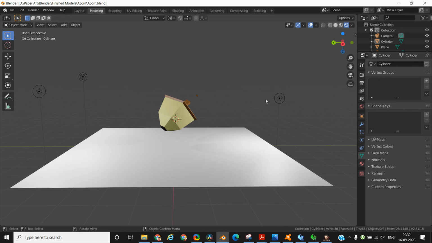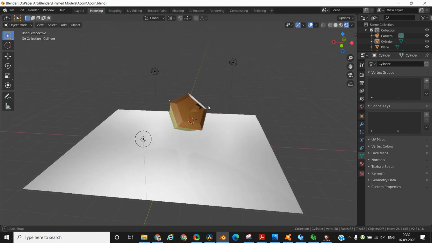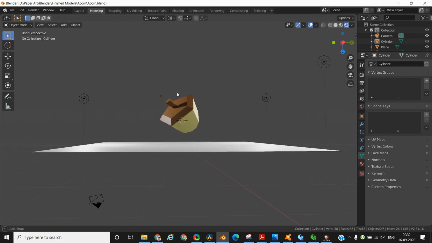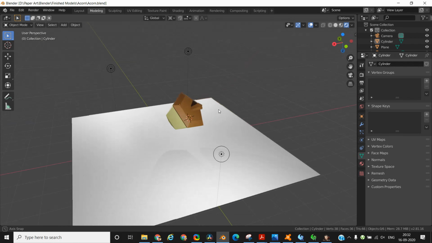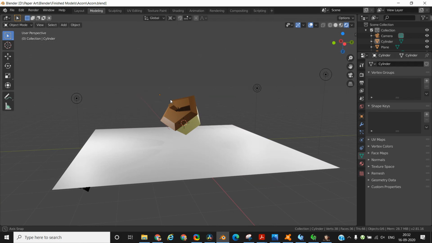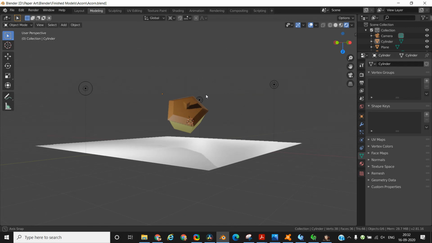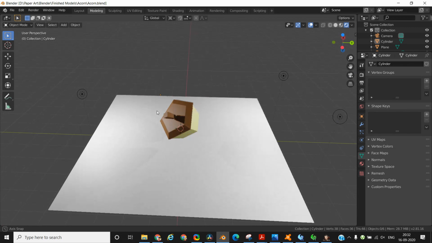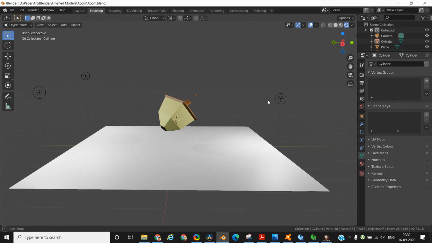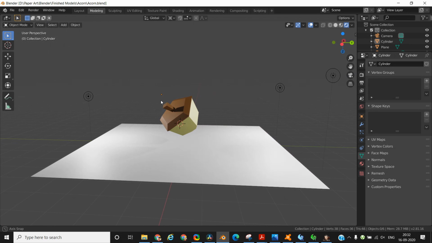In today's video we are going to talk about some basics of Blender, and while doing so I'll be showing you how to make this icon. So I'll be explaining the basic concepts while I step by step make this icon in Blender. So let's start. I promise you that by the end of the video you'll be able to make an icon exactly like you are seeing on the screen right now.